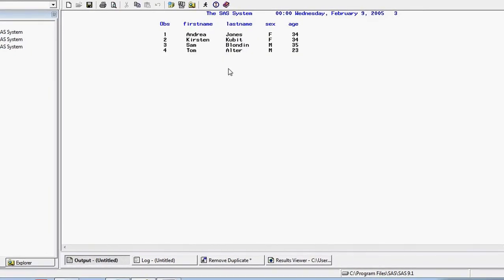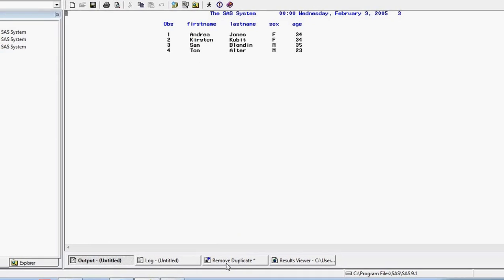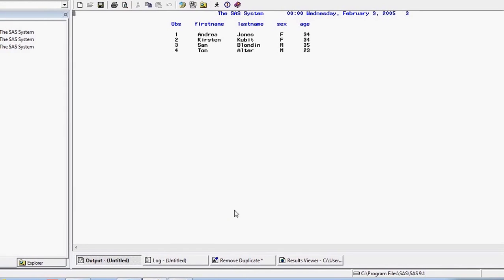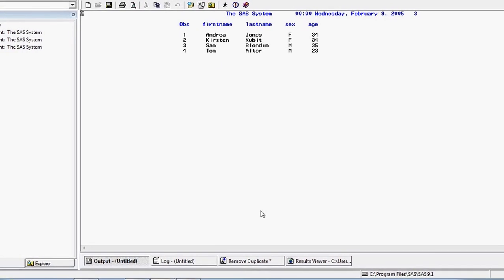Okay, here we go. We have only 4 records, because the nodupkey option only checks for a duplicate in the first name, as we are using the by statement here. So even if there is a repetition in the first name, it's going to delete that record.